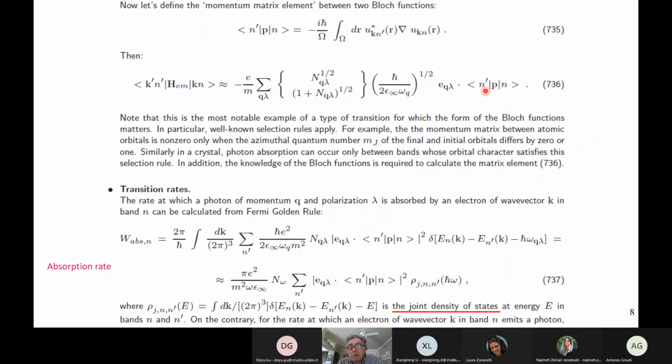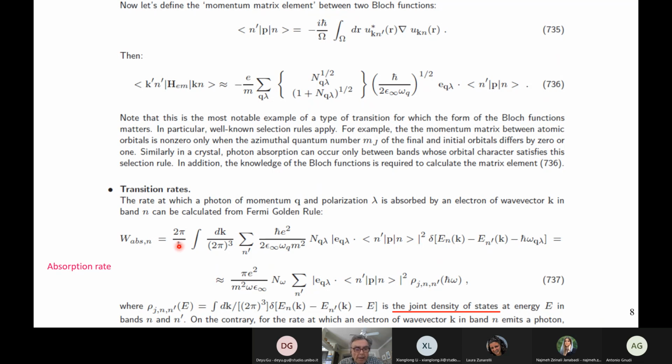In principle, of course, I didn't write it down, but it depends on the K point at which you are. K and K prime, but again, we're taking vertical transitions, so K and K prime are the same. And then the coefficient in front. So now we're ready to calculate the transition rates using Fermi's golden rule. This is a time-dependent process, so using the term Fermi's golden rule is appropriate. So we have the square of the matrix element. We have a Dirac delta that expresses energy conservation, the prefactor 2 pi over h bar,